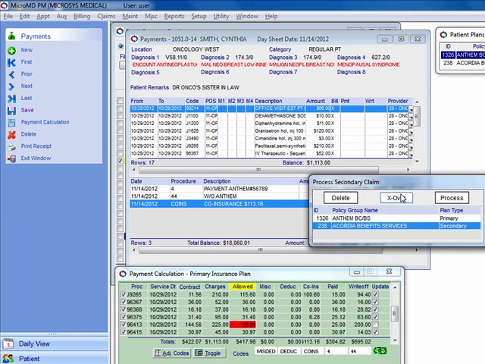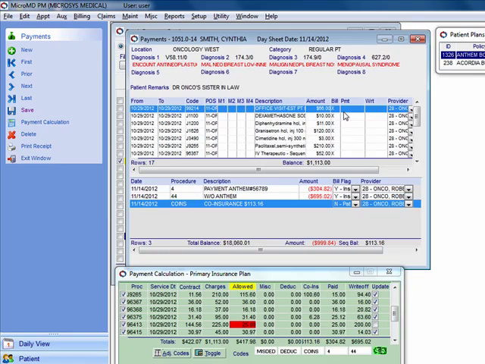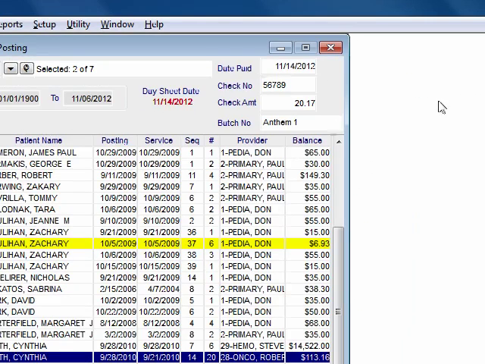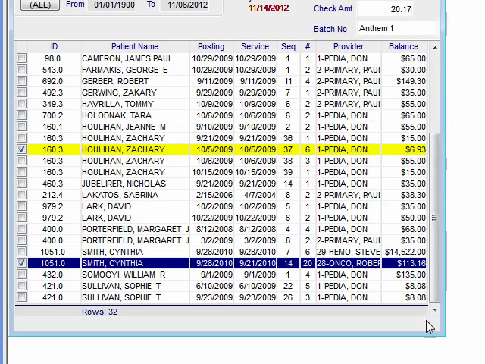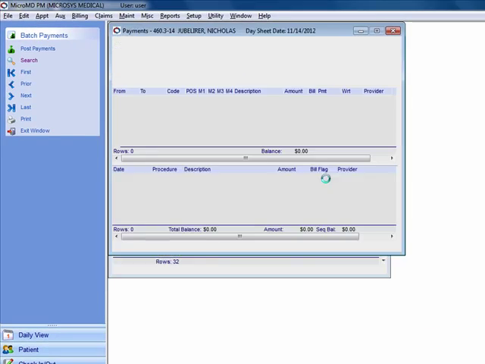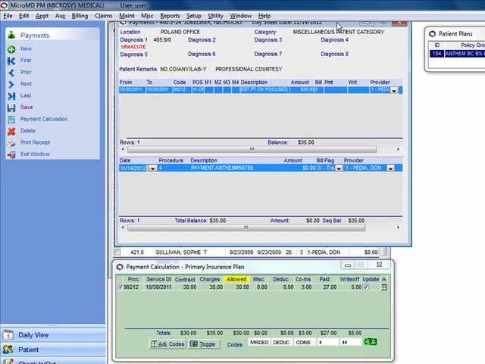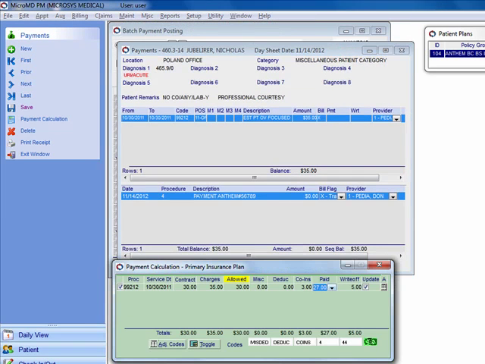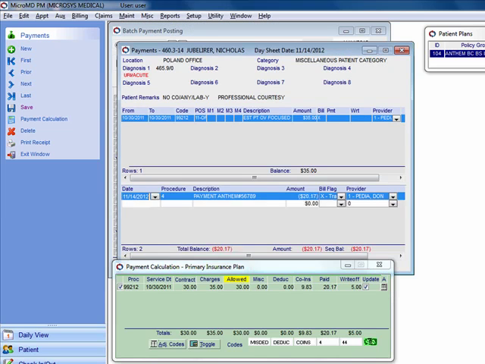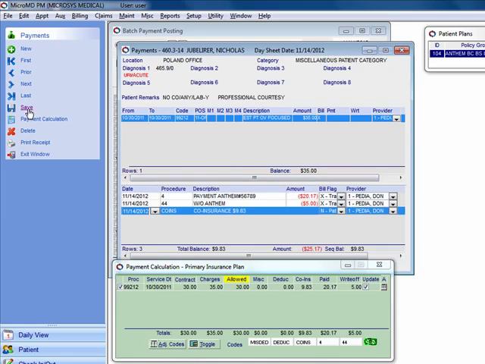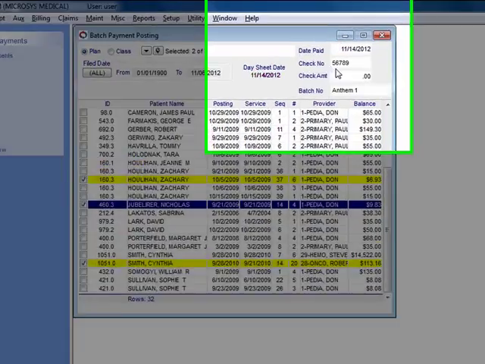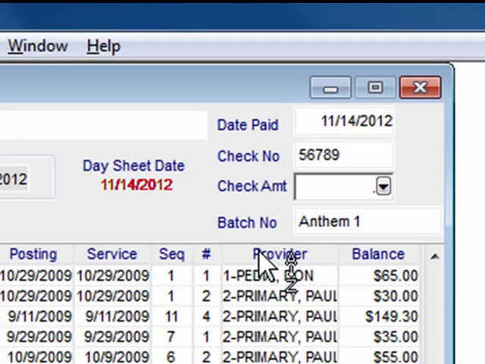And so you can see my check here. And we'll go ahead and cross it over. Just say it cross over to the other secondary payer here. And now I'm down to $20 that were paid. I'll go ahead and just choose this sequence here, and we'll just say they paid 20.17, just to give you a good idea. And so I can drag and drop that. Everything looks good. I save, and by the time I'm done, I will have a zero balance here,